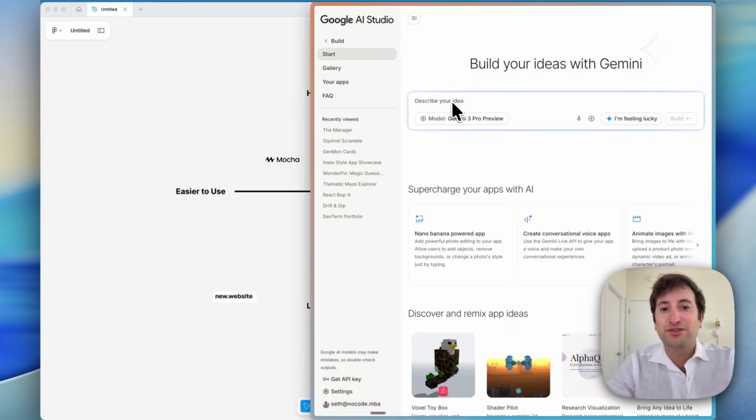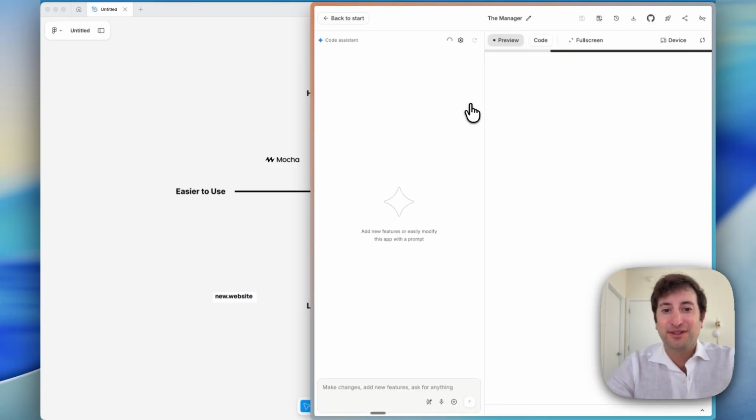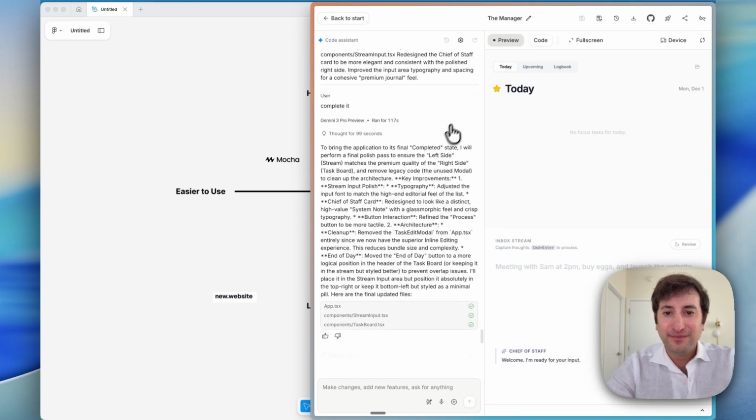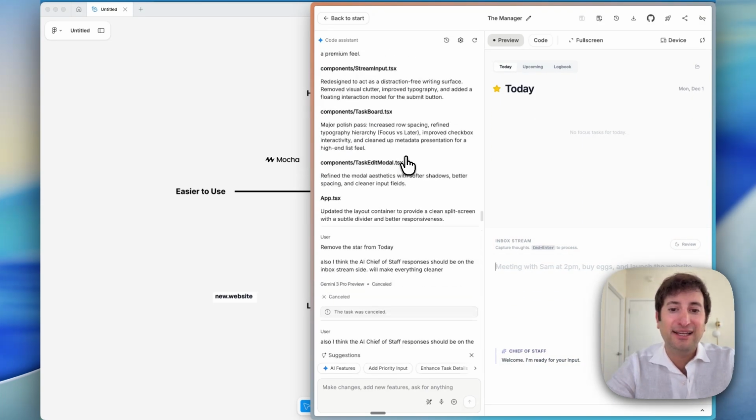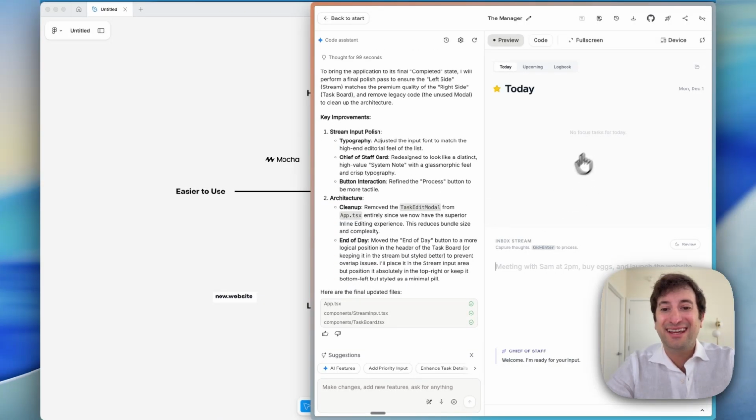And this is where you can actually vibe code your own ideas with Gemini, and it can automatically integrate the Gemini models into your app. So just as an example, here's an app that I was playing around with and testing out. It's essentially an AI to-do list, kind of a chief of staff for yourself. And the idea is that you could write what you want to do or want to accomplish. So I could say,